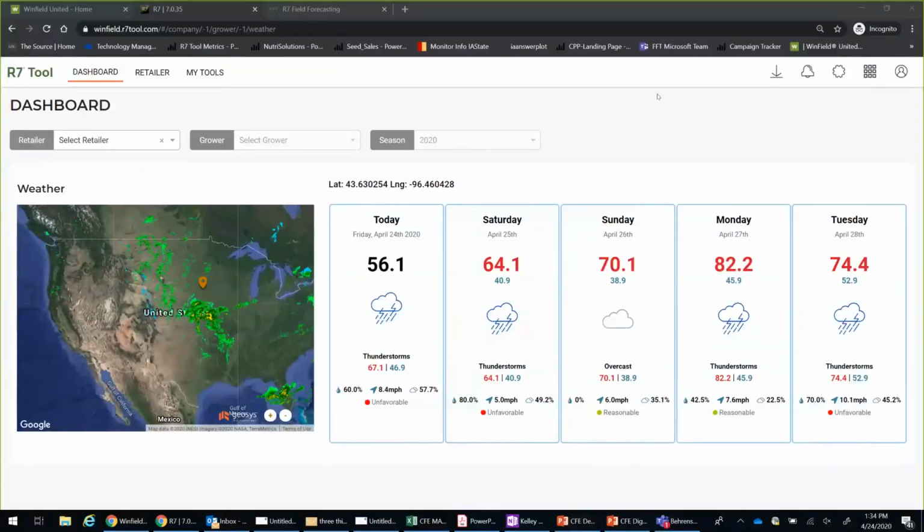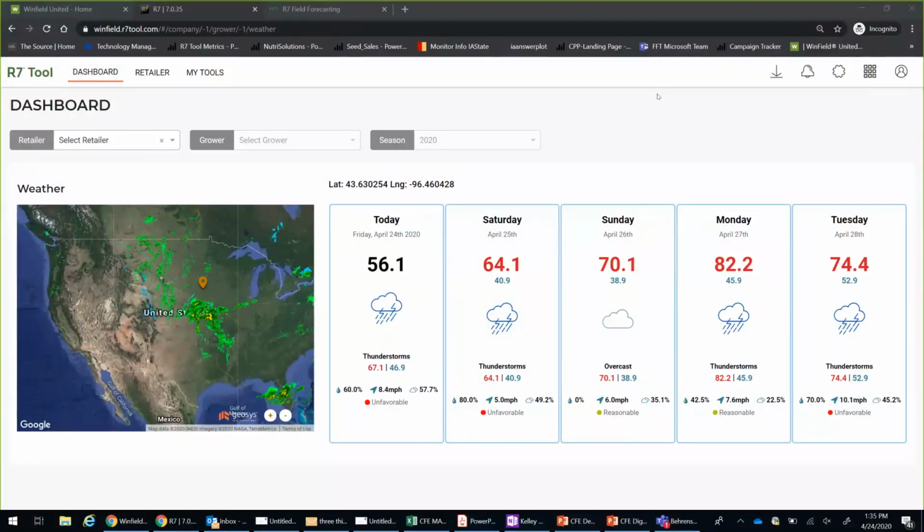Hello everyone. Today we're going to go through a couple of things in the R7 tool, the new and improved version, in discussing the field monitoring tool, how to utilize it in season, and just some of the tips and tricks around that. So your growers are able to engage as much as they possibly can, especially through the Grower mobile app that some owners are able to receive this summer already. So we're going to get started.